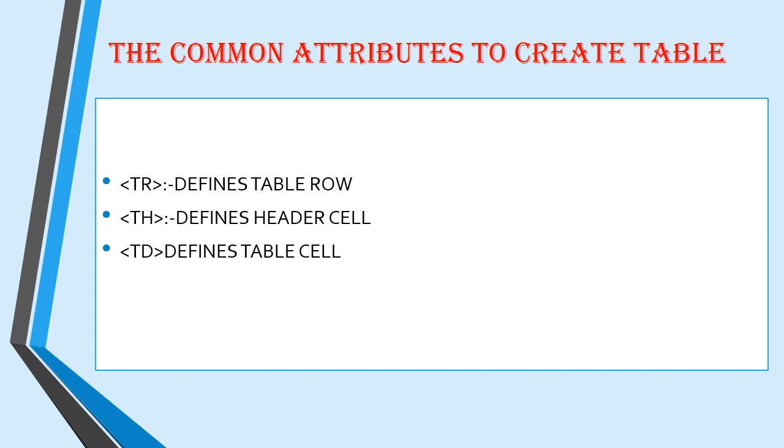That means the heading of a table, two or three cells will be there, and those will be written as the heading of it. Those headings of the table, or column names, we can see, are presented by using the th tag, table header. Next is td. Td specifies each and every cell of a table other than the header cells.